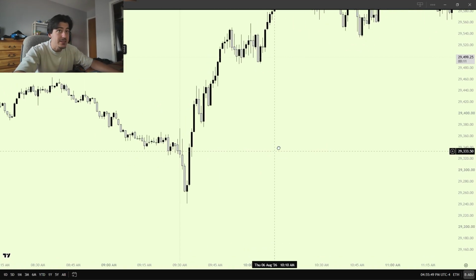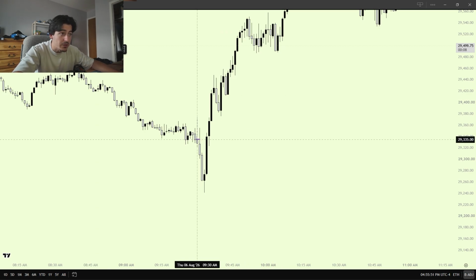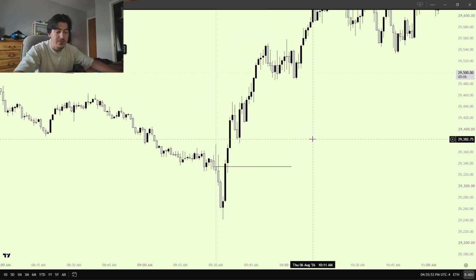But what ends up happening is we get a 30-minute market open power of 3. So what is a power of 3? A power of 3, I'll go more into this in another video if anybody wants to see it. Okay, just comment down below or message me in the Discord. Power of 3 is one of the main confluences I use.